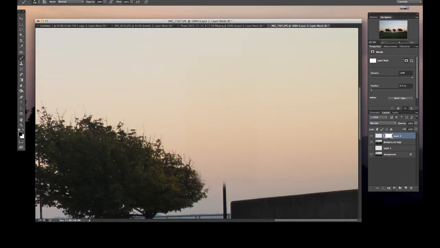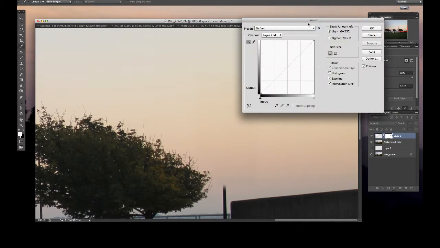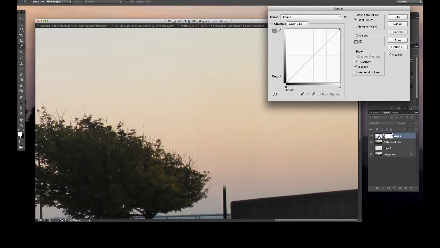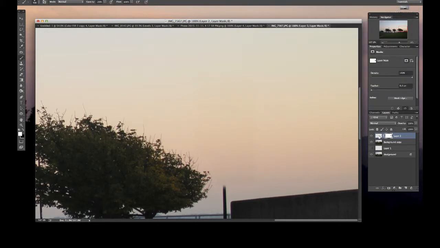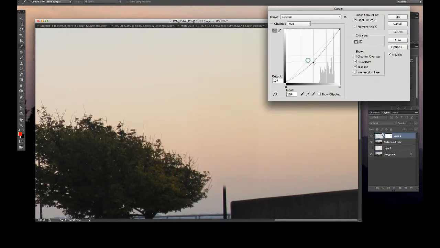You won't have to do much. Here we're just going to bring back the entire tree, because we don't have to do much since it is exactly the same colors. So what I like to do is Command M to bring on layer curves for this layer only, so not the entire image, and then just drop it. Now when I do this, I can add, oh sorry, I did it on the layer mask, not on the layer itself. Yeah, so now when I do this, I see where